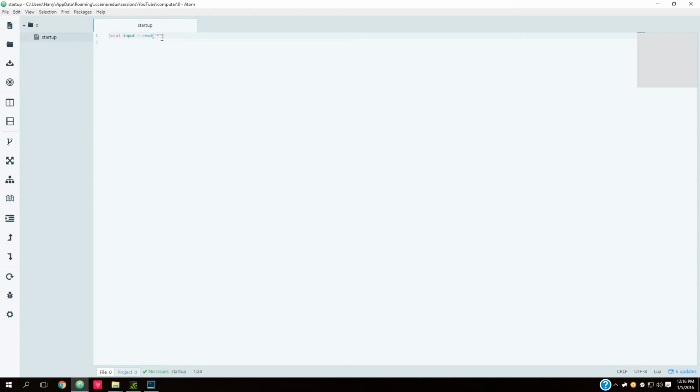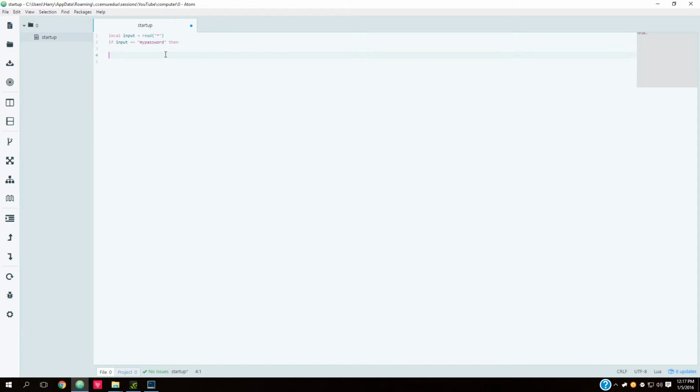Encapsulated in quotation marks. What this means: the quotation mark means it's a string, and the asterisk is the character which will be placed. So you want to enter a password, right? But you don't want people to see what the password is you're entering. What this will do is replace every letter you type with an asterisk, masking it. So now we can just do if input equals my password,